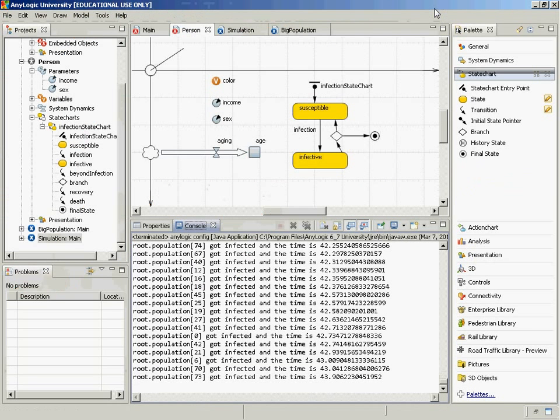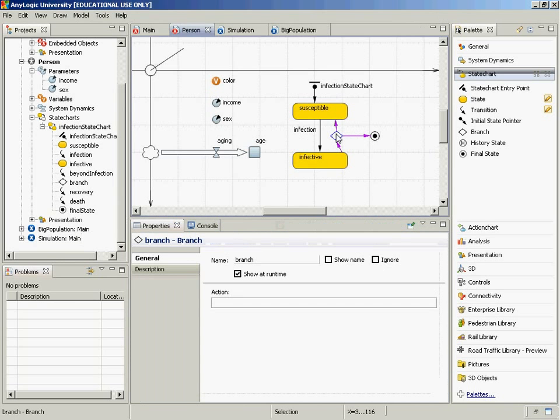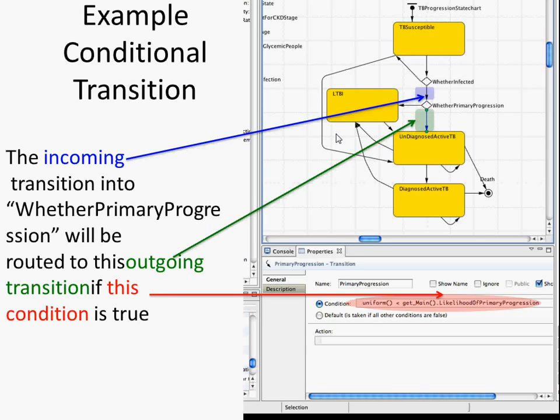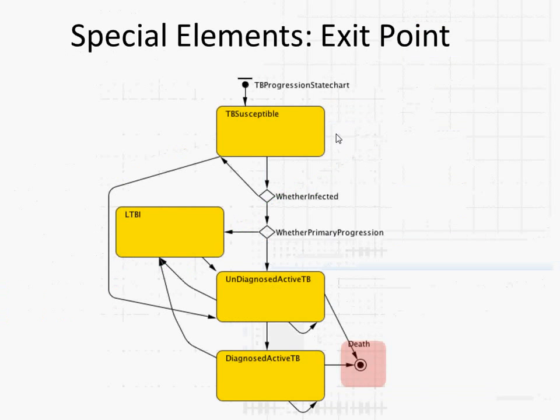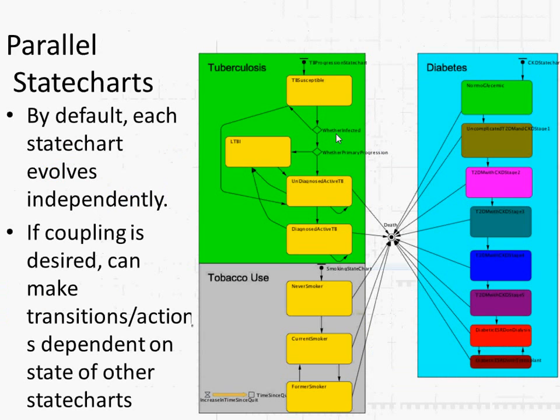And similarly, instead of considering all possible combinations of diabetes and TB within stocks, you could have two parallel state charts that neatly separate the two out. And we can keep track of how long an individual has been in a state and report that as an aspect of their history, or adjust the transition rate accordingly. And that is very notable because in general we don't have that option. Okay, here we go. This is an example, yes, of adjusting